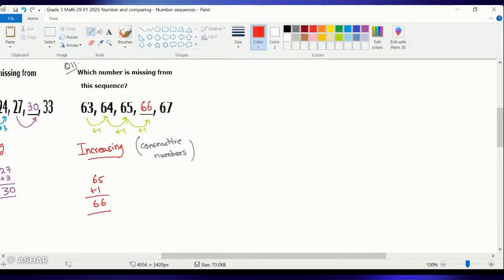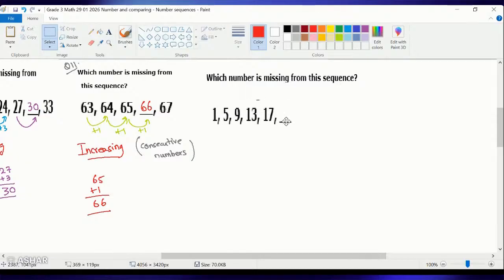Question number 12. And question number 12 says this. The numbers given are 1, 5, 9, 13, and 17 in this given sequence. We need to find the missing number. What we can say is this is an increasing sequence, right? Because